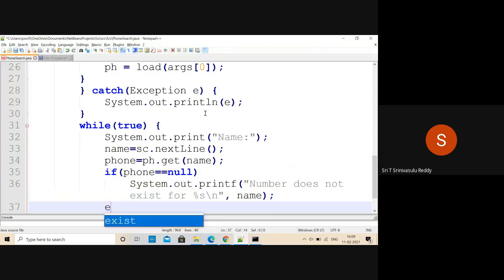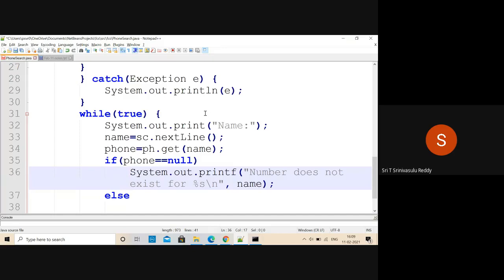So else, that means it has got the details, and you can actually display it onto the screen.